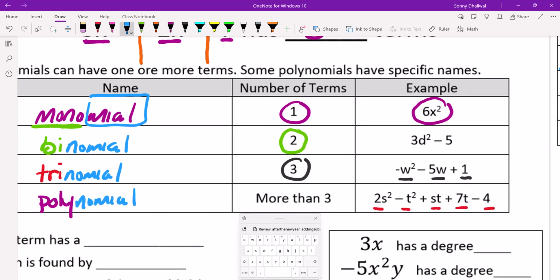polynomial, right? Now, there are names for something with 4 and 5 terms and stuff like that. We just don't bother with it, right? We're going to know the first 3, and after that, we just call them generally polynomials. Because technically, all these are polynomials, right? These are just given specific names, right? All right. So,